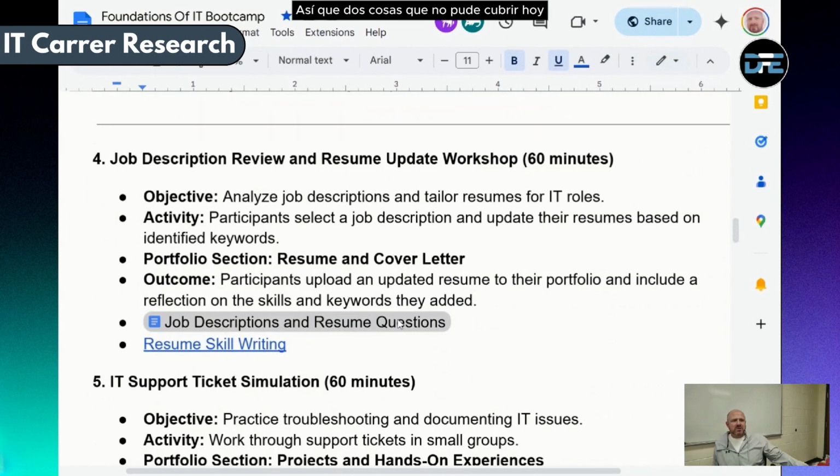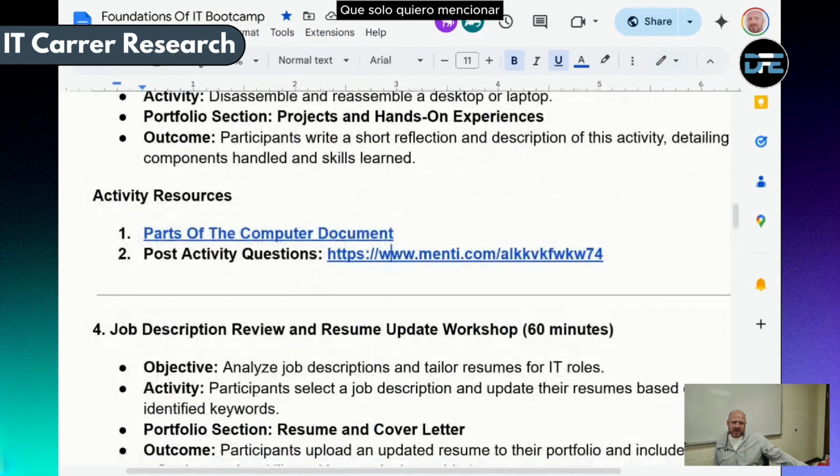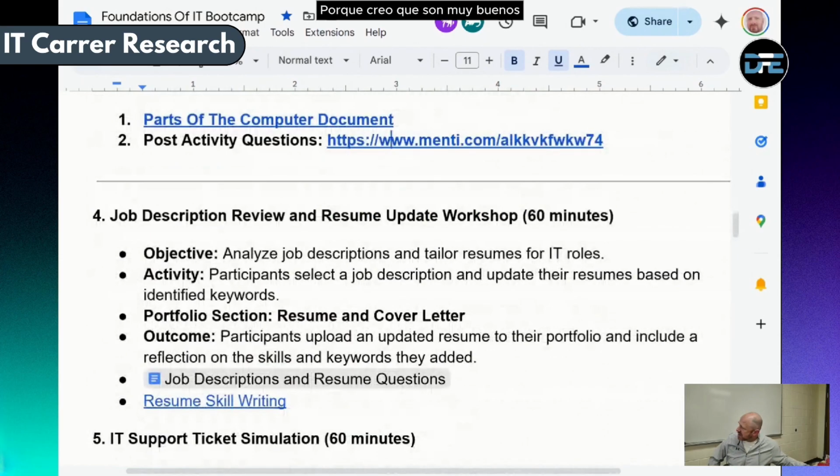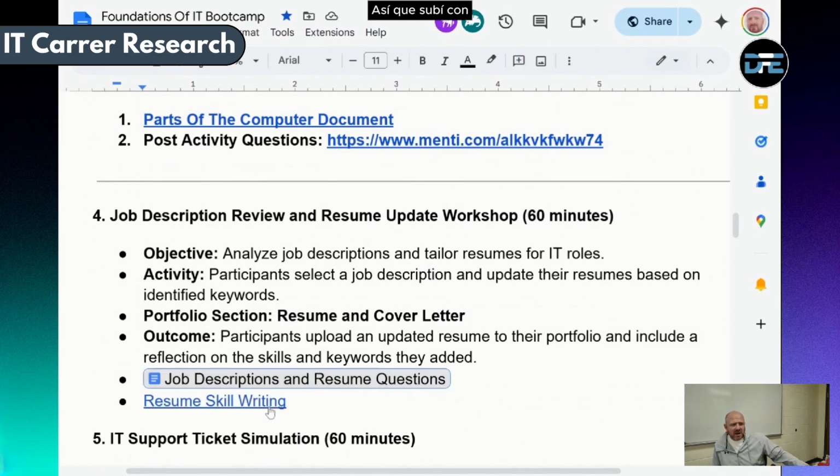So, two things that I didn't get to cover today that I just want to mention because I think they're really good, and we can try to cover them in class because we could do these in class, is I have job description and resume questions. So I came up with some job descriptions for the help desk technician, IT support specialist, network support technician, and system administrator. What I would like you to do, and we can do this in class for like 15 minutes